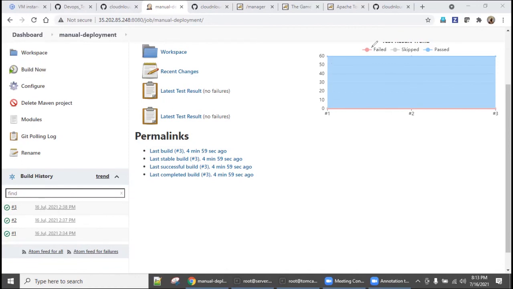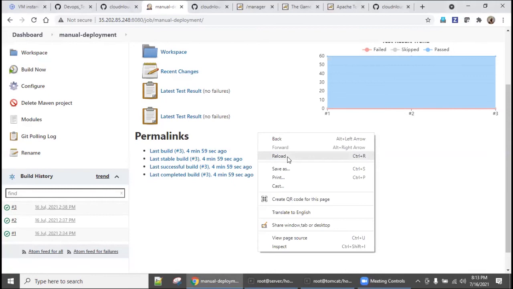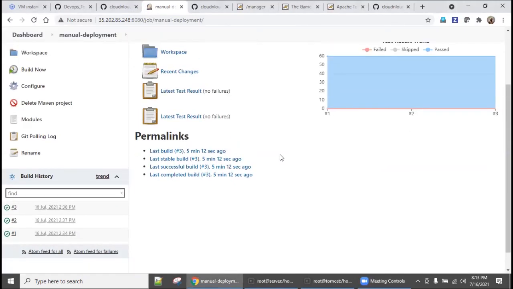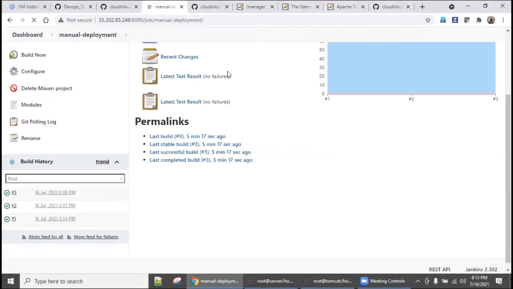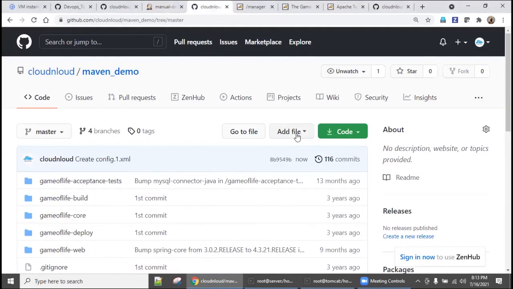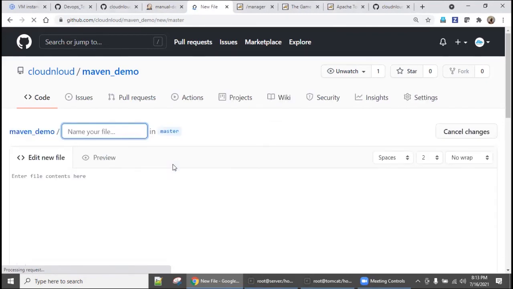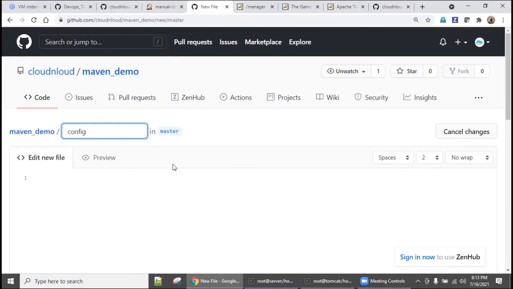Wait for some more time. Okay, I'm going to create one more file, say config 2.xml. This is just for testing. Commit it.